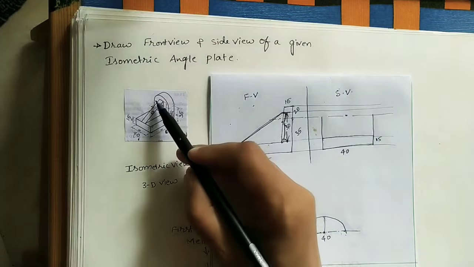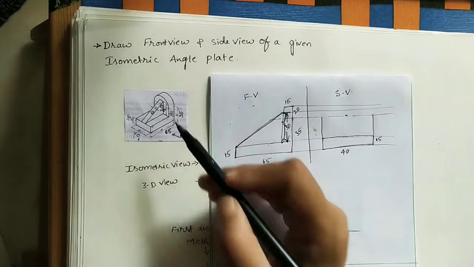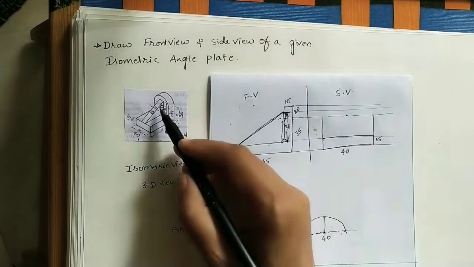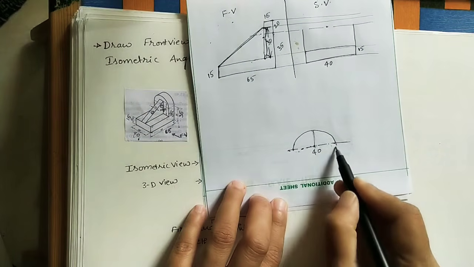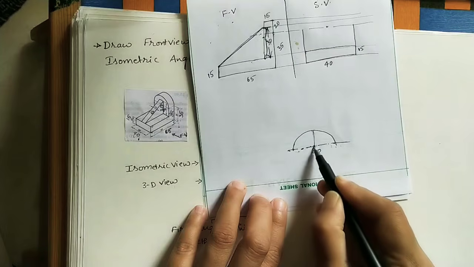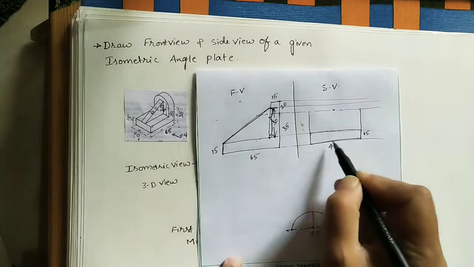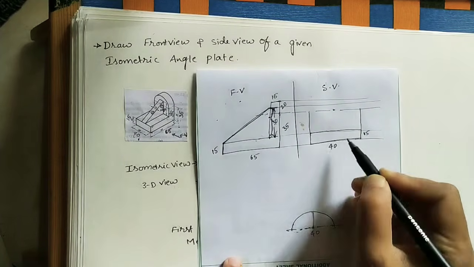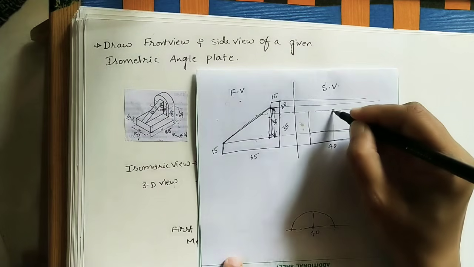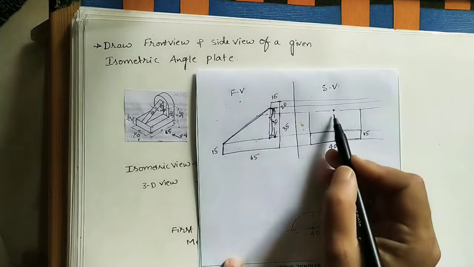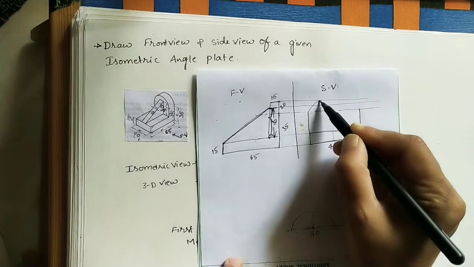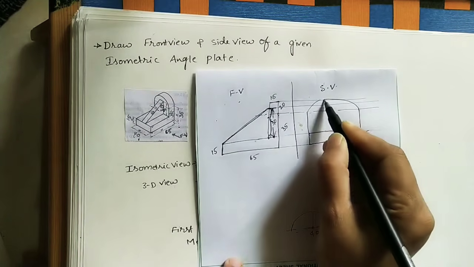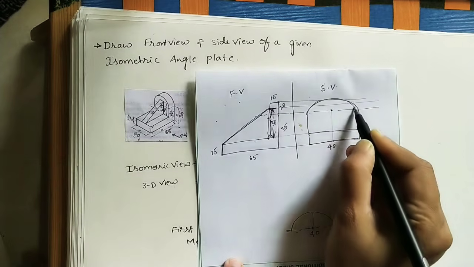After that we will see the semicircle. Now, for taking the semicircle we have to mark the center. We already know the axis line and we know this width, so take the middle point. Take the 40 mm middle point, 20 mm. Just do one line here, in light color, it is the center. By using a compass take this radius, 20 mm, and do one semicircle. Roughly I am doing it here, it is coming like this.